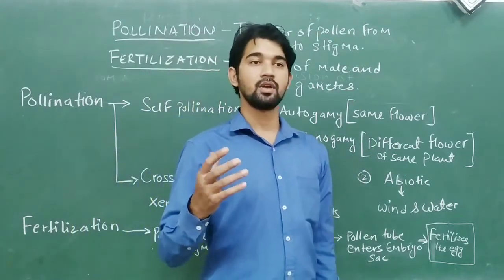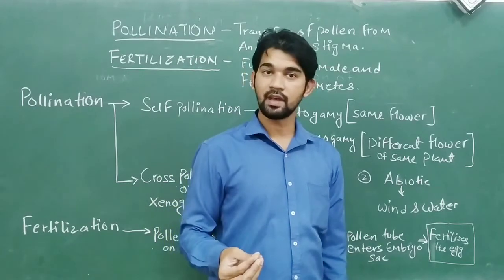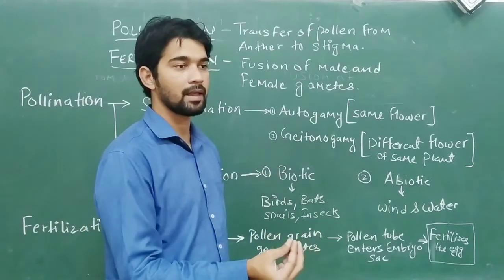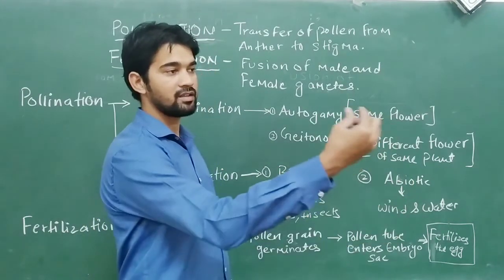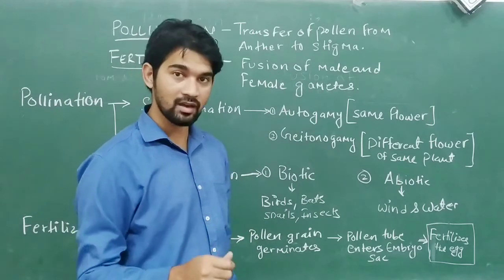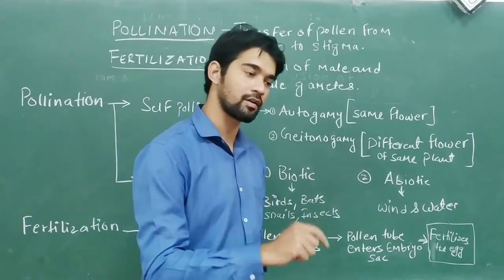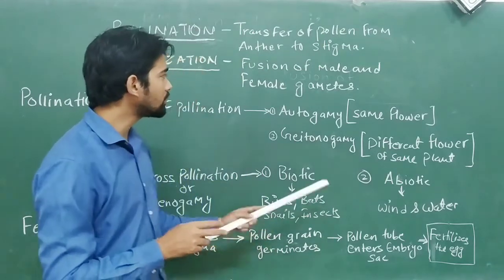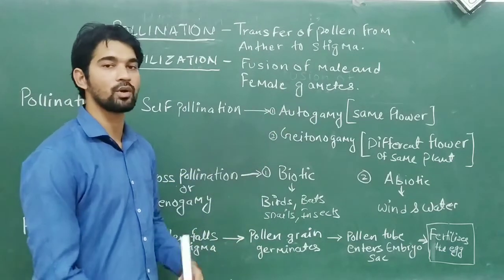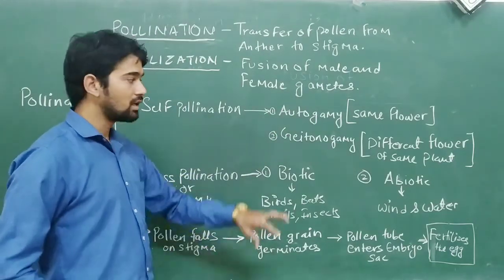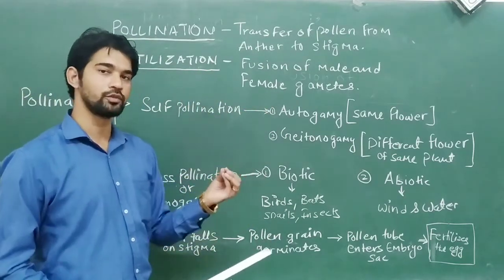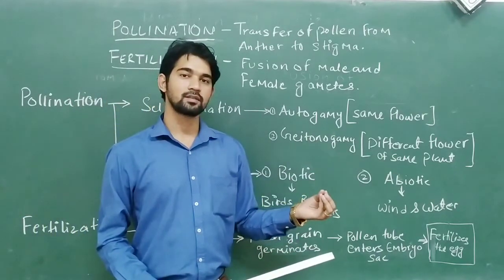So sometimes you have learned this, and it happens that you have a plant which is flowering, and an insect comes and sits on that flower. That insect also carries pollen grains, and those pollen grains can fertilize the flower. Because we know that fertilization is the fusion of male and female gametes. So pollen grains are known as male gametes, and inside the ovary of the flower, in the embryo sac, the ovules which are present are known as female gametes.